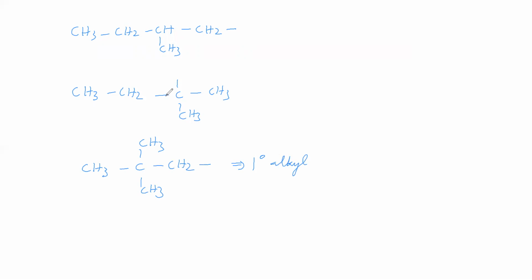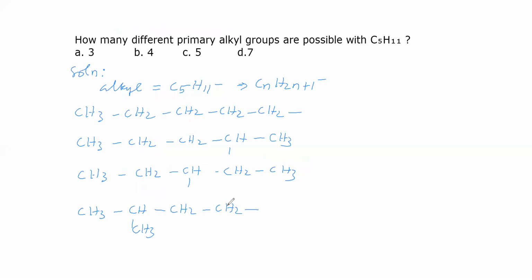Now we will see the unsaturation at this carbon is directly attached to one carbon here, a second carbon here, and a third carbon here, therefore this carbon is tertiary, so we can say it is a tertiary alkyl group. Now here this unsaturation is at a primary carbon, so it is a primary alkyl group. In the next one, the unsaturation is at a carbon directly attached to one carbon, so it is a primary alkyl group.